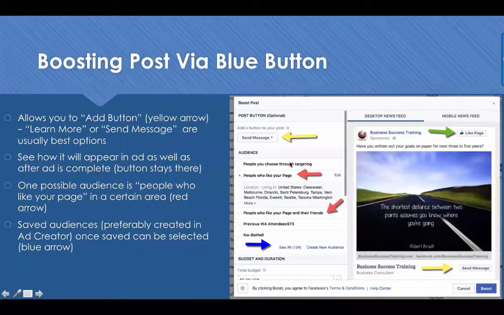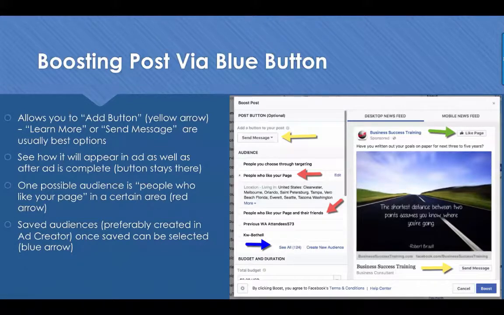Now, if I want to boost a post from my mobile device or from the computer, I just click this radio button that says people that like my page. And I have $1, so for $1, I can only get out to 70 to 200 people on a paid basis. I got to say, I don't want to reach all 5,000 or 6,000 on this page. I want to only reach people where I'm doing business. So I make it real easy to not only people that like my page, but that are living in these cities. And all I do to do that is I would click edit, and then I would be given the option to target it based on geography.